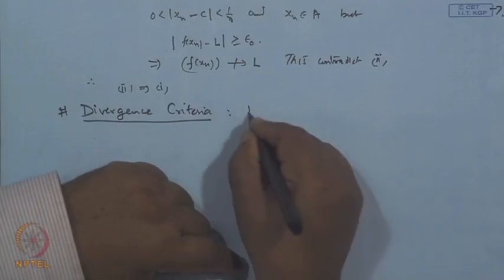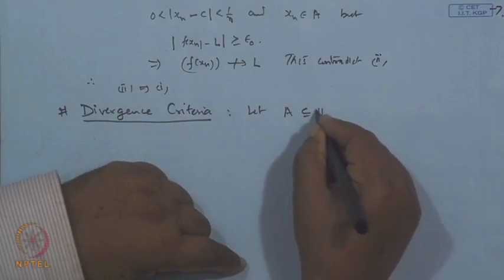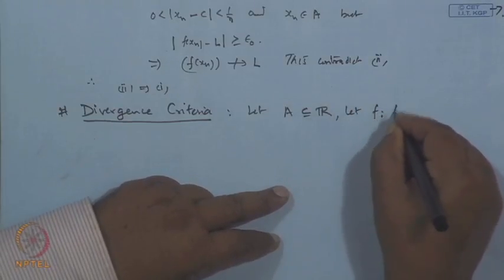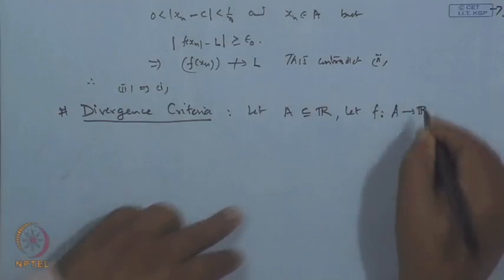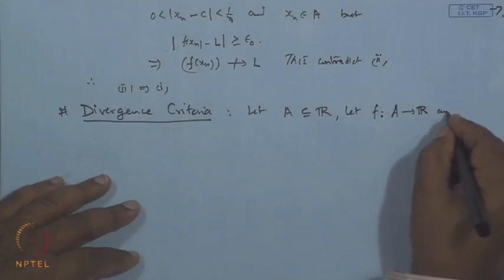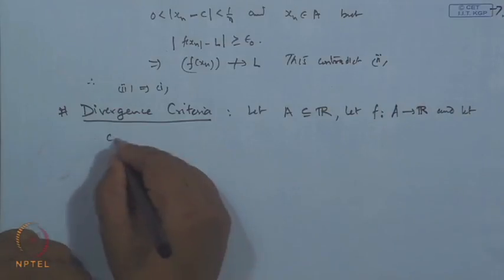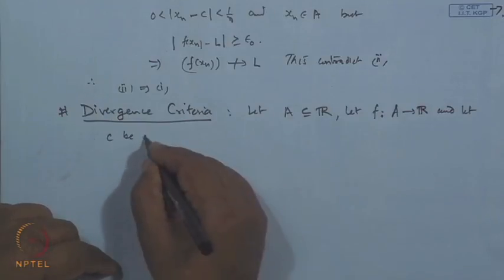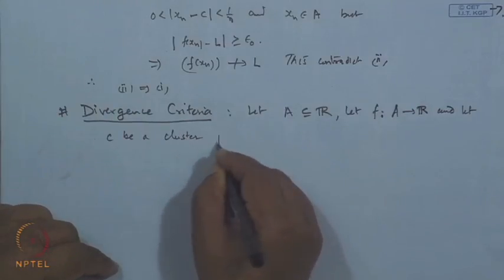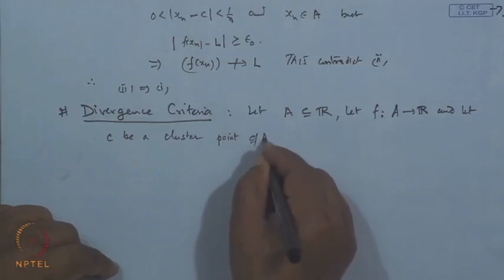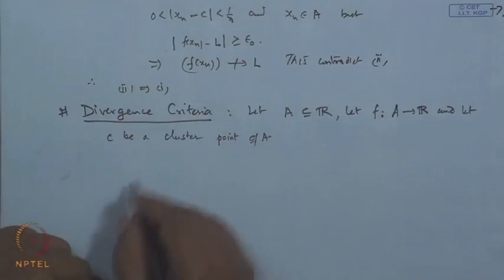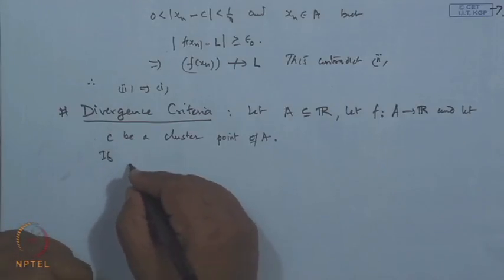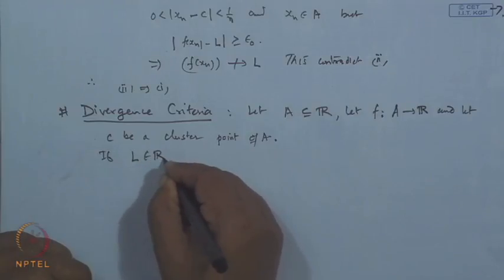Let A be a non-empty subset of R and let f be a mapping from A to R, and let c be a cluster point of A. Then the criteria says, if L belongs to R, then